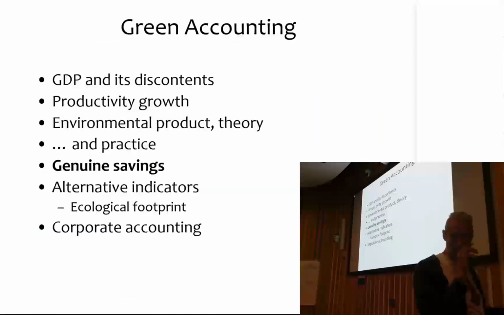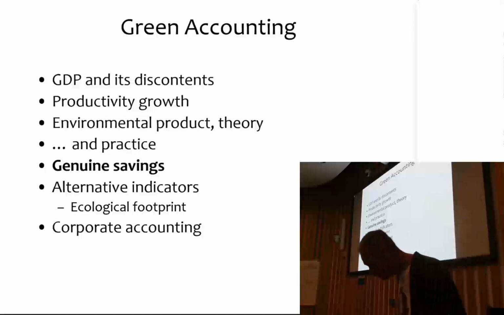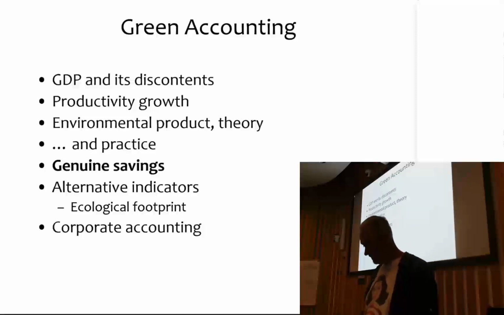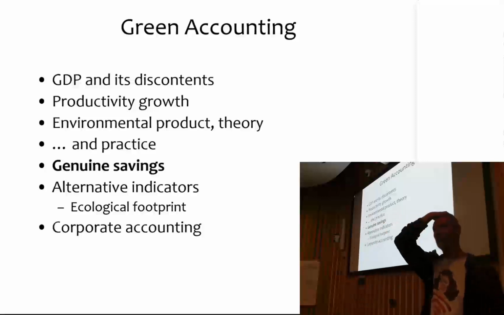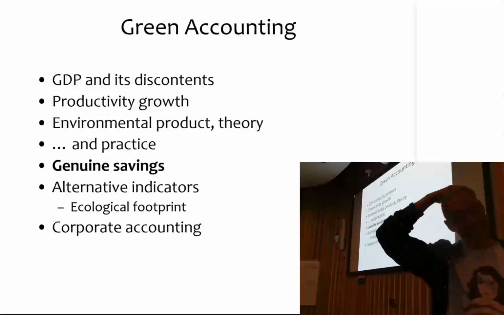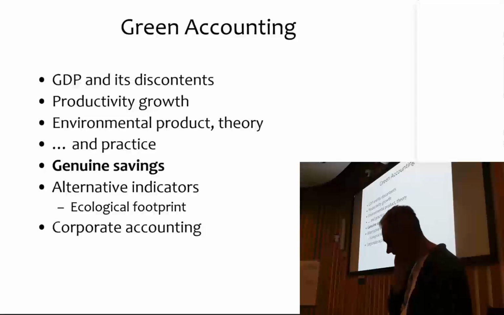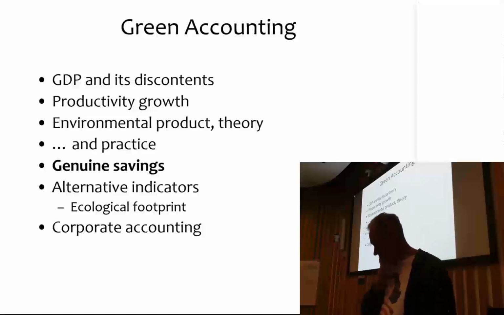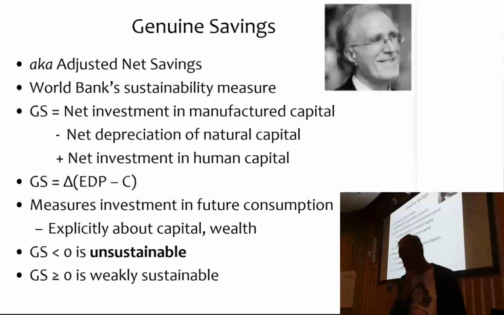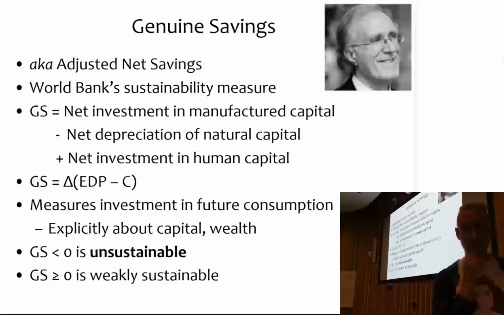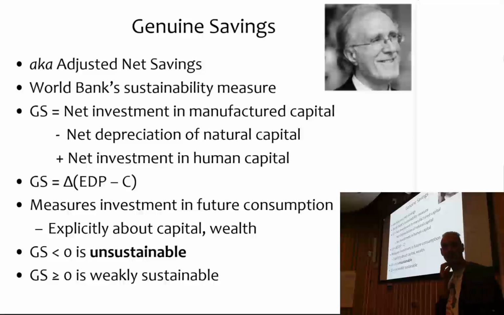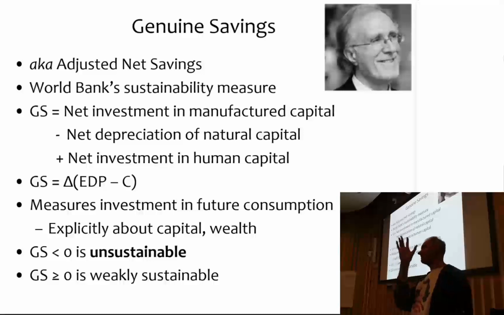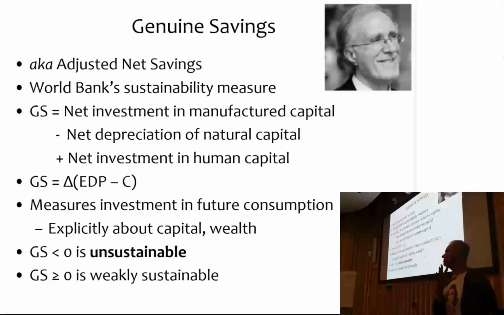The World Bank is doing something different. The World Bank is using what they used to call genuine savings, but nowadays call adjusted net savings, which is a really, really ugly term, right? The guy behind this is my old friend Kirk Hamilton, who you see here, and he drives this project at the World Bank. So as I said, the United Nations is trying to do this, but being the United Nations, it is not really